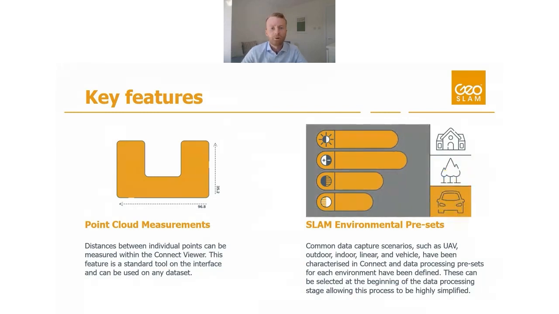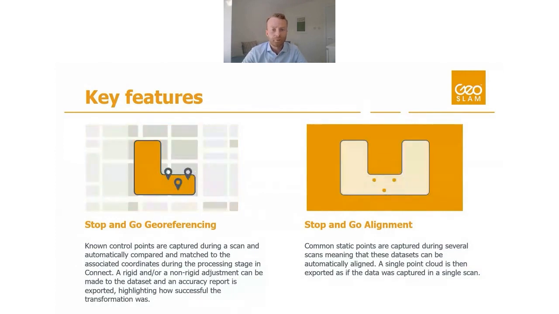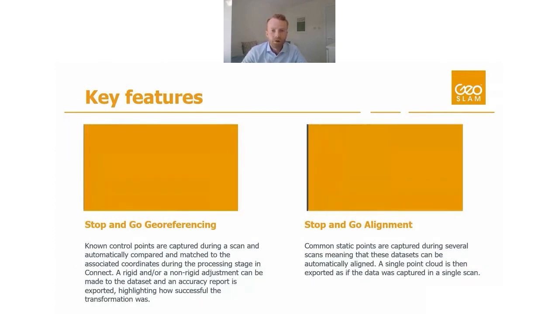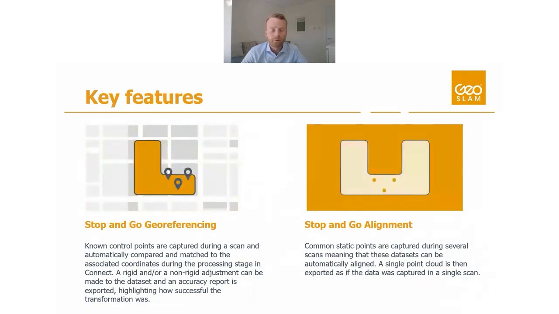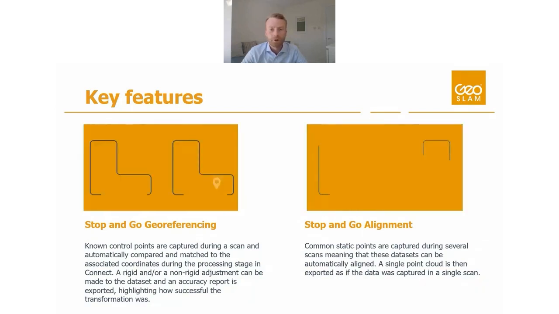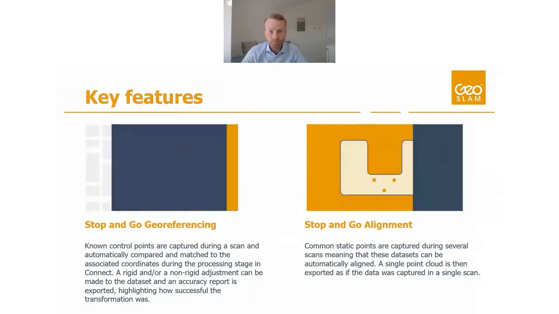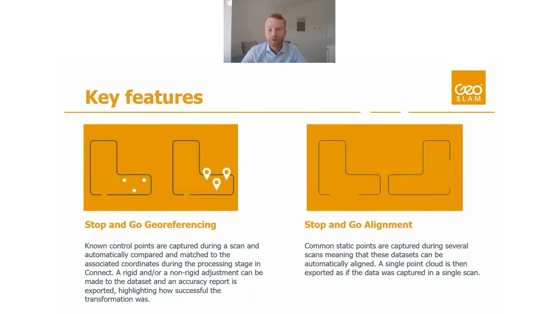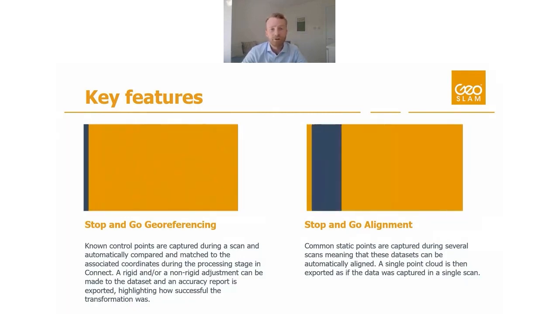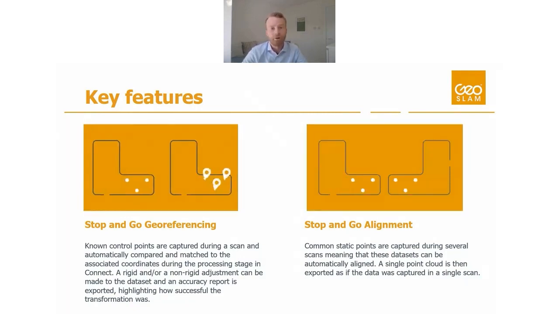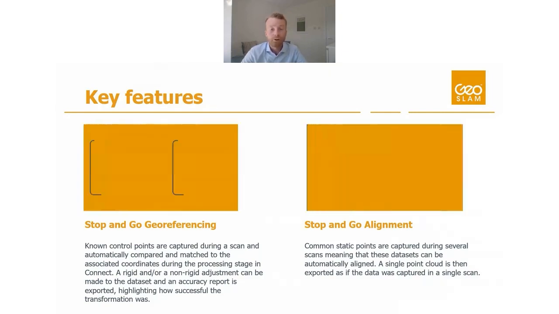We also have the ability to georeference in GeoSLAM Connect using stop-and-go georeferencing. So known control points that are situated throughout the environment can be captured by stopping the system on those known coordinates. When this data is then processed, the SLAM is automatically processed, and you can have a rigid or non-rigid georeferencing on that data to export to real-world